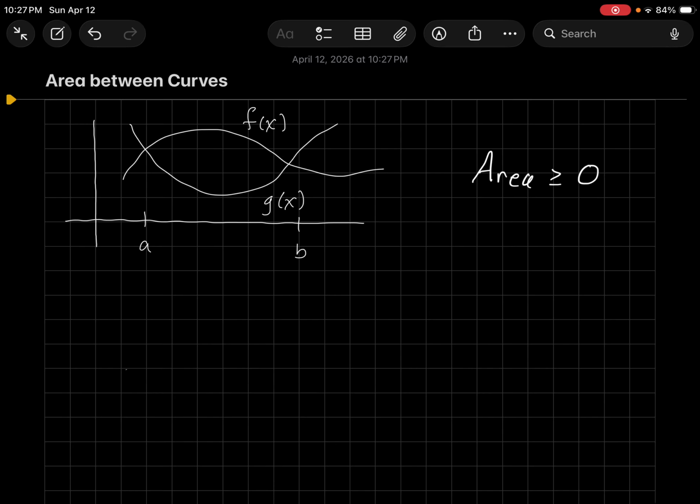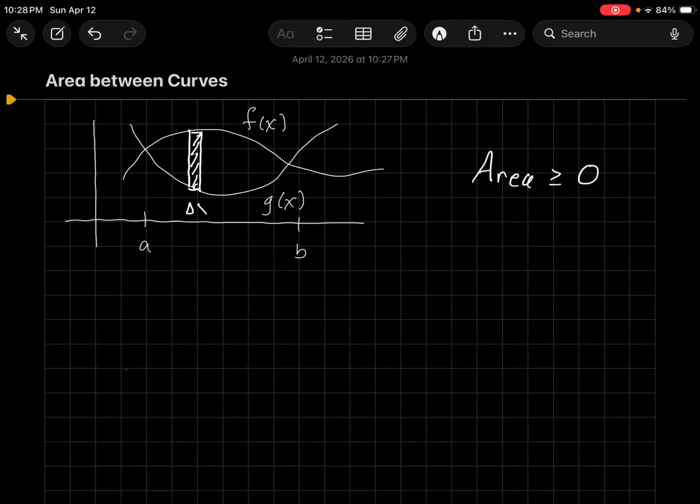Now, even though we're not finding an integral area, quote unquote, we will use integrals to find the area. How do we do that? We'll do it in a very similar fashion that we did when we found areas under one curve. That is, let's draw some rectangles. I'll draw one representative rectangle